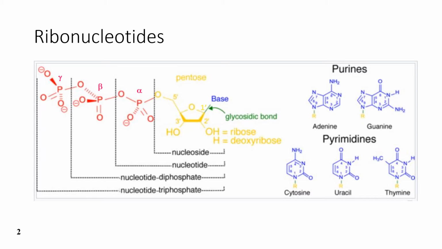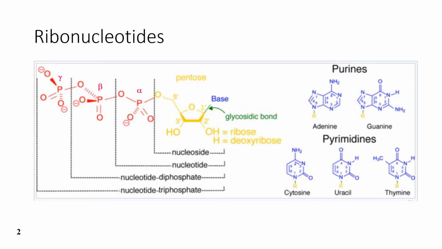Note that the numbers that we are giving the carbons in this pentose sugar have a prime after it, so 1', 2', 3', 4', 5', and that is because the carbons or the atoms that are in the nitrogen-containing bases are also numbered 1 through potentially 9, without that prime designation. So, for example, 1, 2, 3, 4, 5, 6, 7, 8, 9 in a purine nitrogen-containing